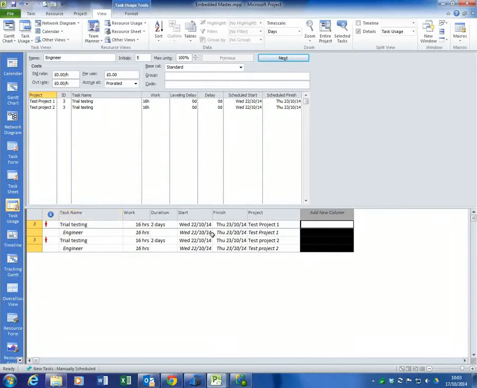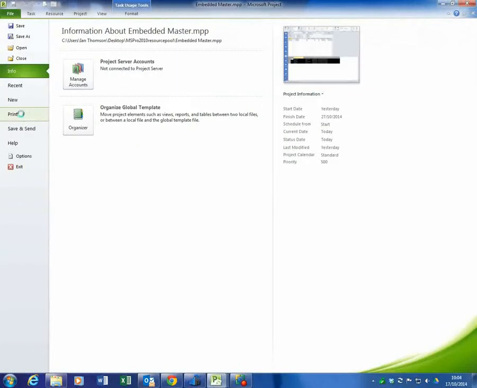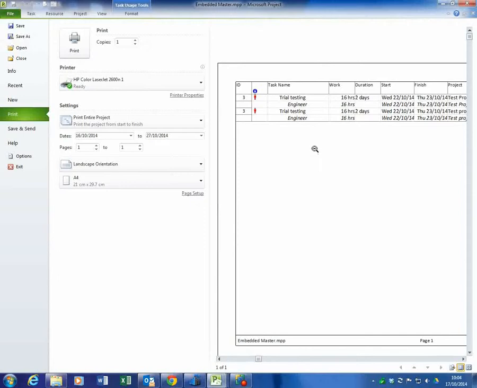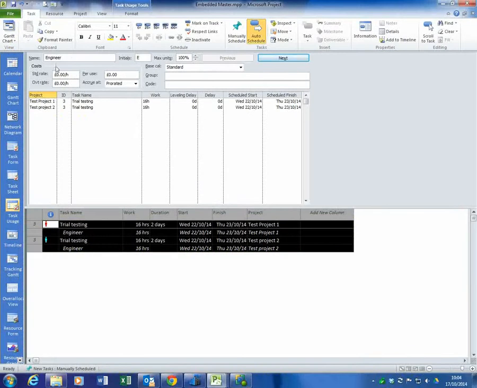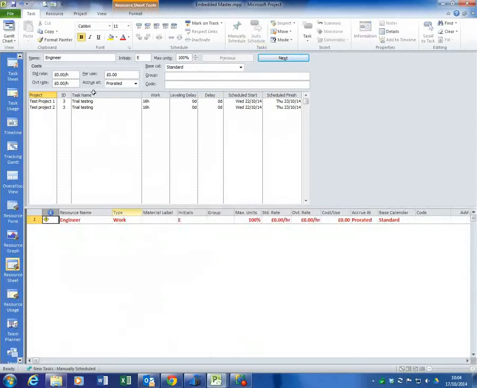So why is this useful? Well, if I click in this bottom section in this junction box here to select the whole thing, I can then go to File, Print, and I can actually print off that particular section, and it allows me to do so, which is again very clever. And if I go back, I can click on any of the resources in the task sheet. So if I go back to resource sheet rather,